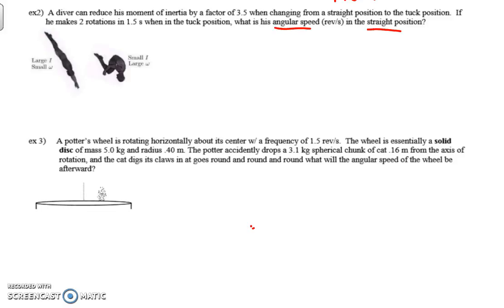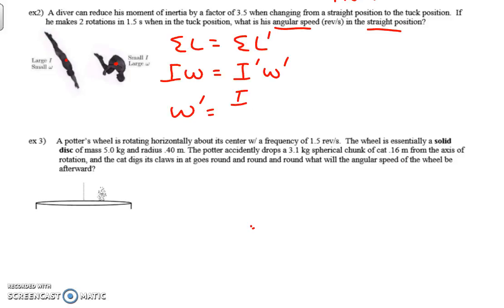Okay, so we want to recognize as this person is rotating about a certain axis, when they change their body shape, they're not introducing an external torque because your body can't put a torque on itself, in a sense. So we can say that sigma L equals sigma L prime. All right, and how do we get the first one? Well, that's just I omega. That's going to equal I prime omega prime. So if we're looking for omega prime, when they come out of it, omega prime is nothing more than the original moment divided by the final moment times the original